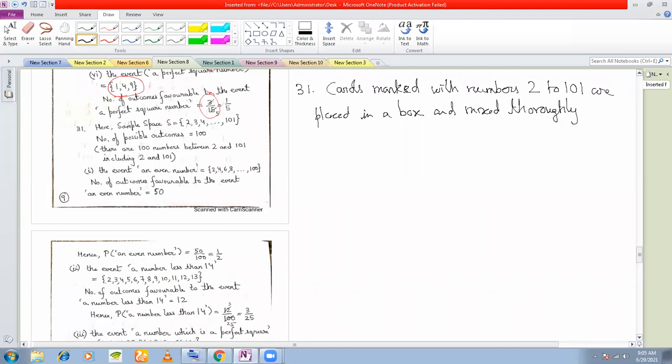One card is drawn at random from this box. Find the probability that the number on the card